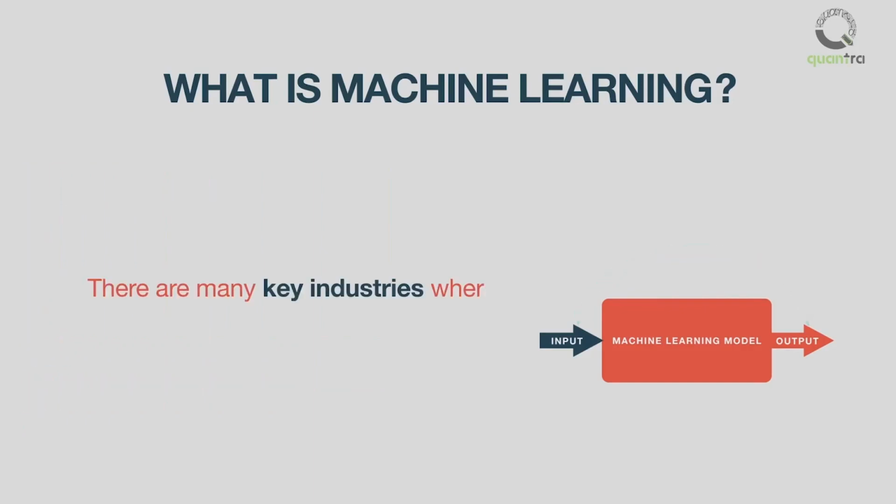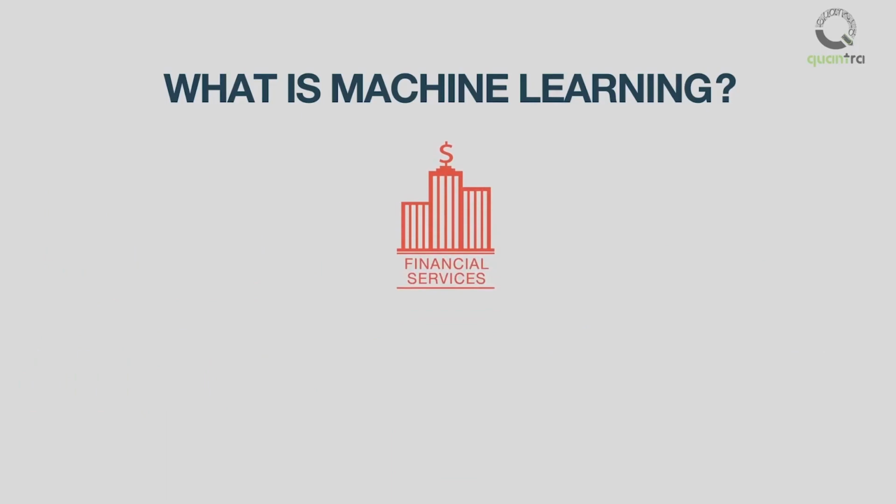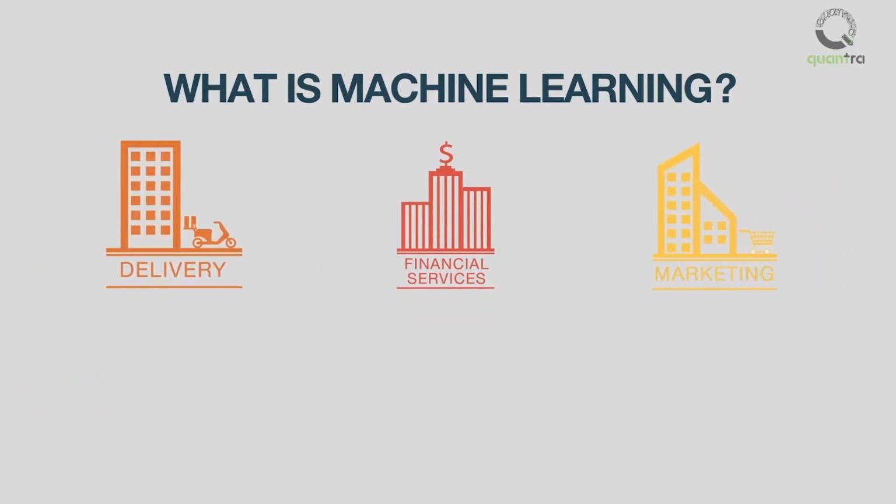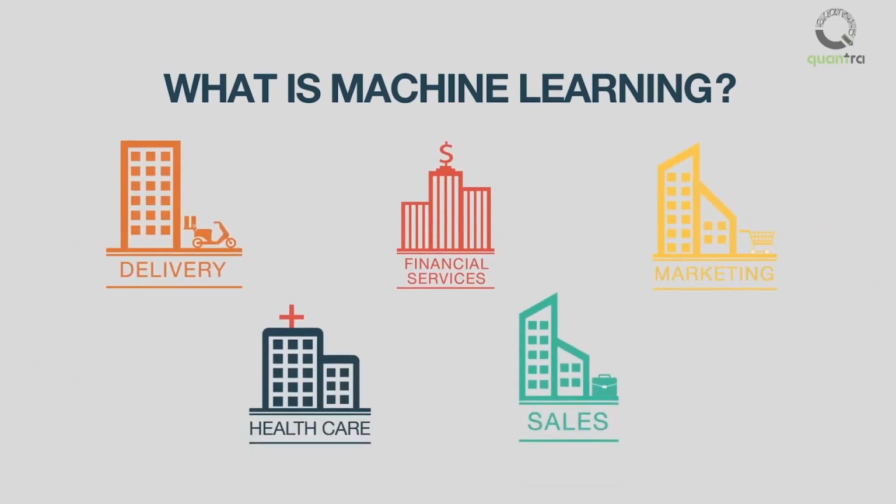There are many key industries where ML is making a huge impact. Financial services, delivery, marketing and sales, healthcare, to name a few. It is expected that in a couple of decades the mechanical, repetitive tasks will be over. Machine learning and improvements in artificial intelligence techniques have made impossible possible,